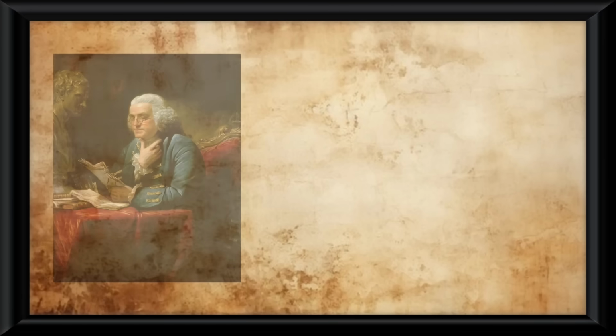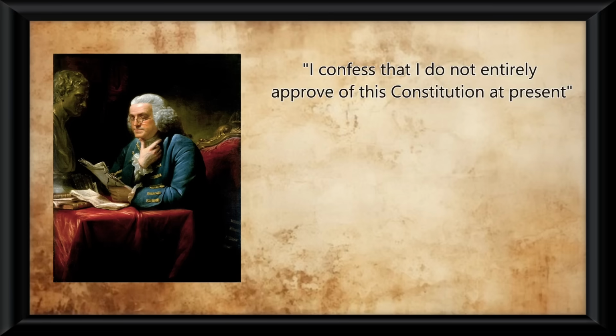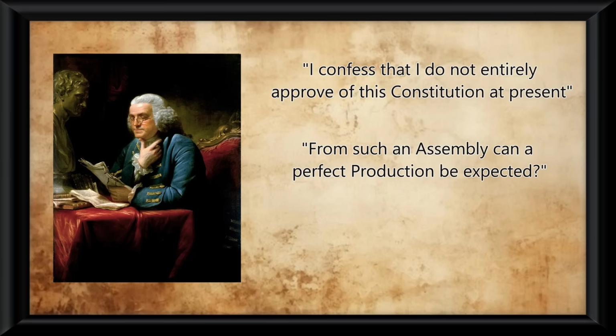The best way to describe the Constitution is Ben Franklin's speech at the convention, where he said he didn't approve of parts of the Constitution, but acknowledged that a perfect document would be impossible, and this was likely the best thing that could be made. However, there was always one big issue, and from now until 1865, slavery will be that issue.